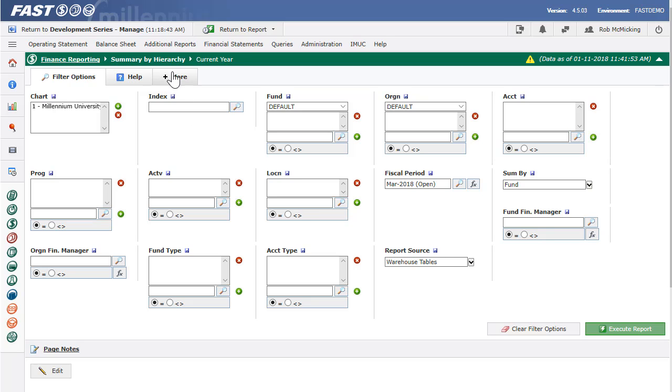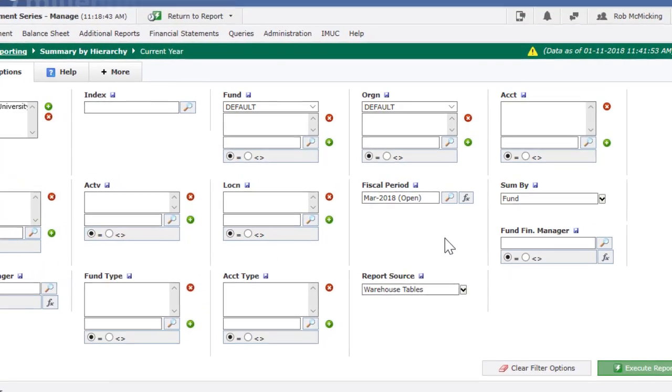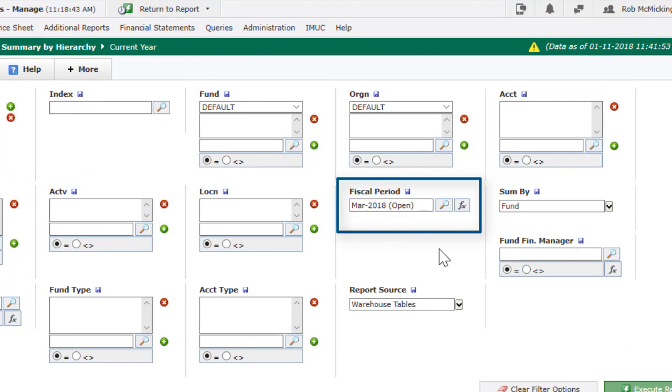Now I'm looking at a standard summary by hierarchy current year, but this can also be applied to those of you who like using your application info tab as your default landing page in Fast Finance. It's going to look and feel exactly the same way. Now, of course, the current open fiscal period is still going to default in as the baseline selection, so I could certainly run this report as is, but I want to show you how the new fiscal period filter lays